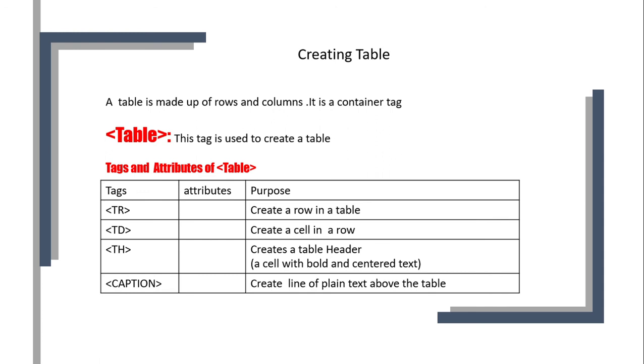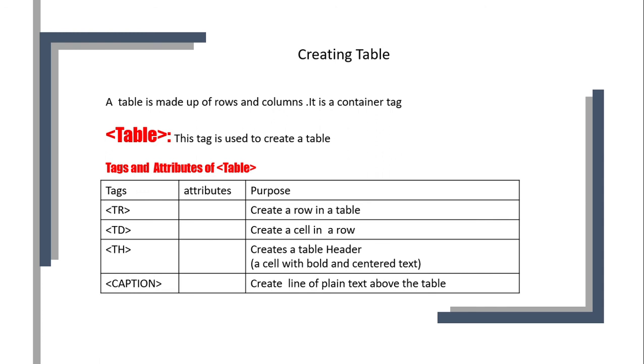Now here, whenever we are creating a table row, you want to divide it into columns. That's why we use th or td. Normally, whenever we are creating a table, in the first row we write the th tag. Why? Because the first table row shows the heading of that table.